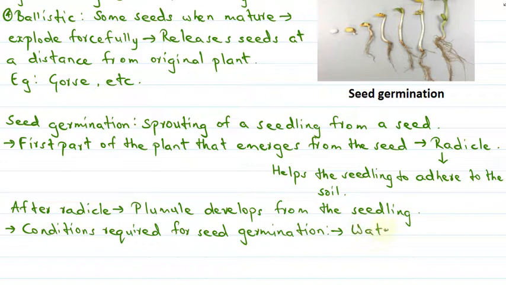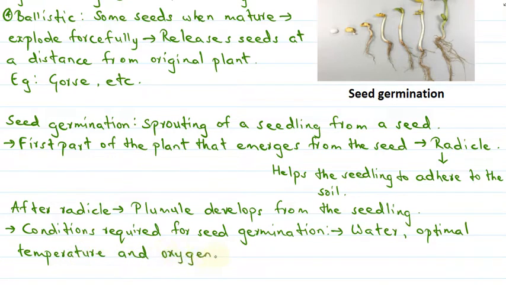Seed germination requires conditions like water, optimal temperature, and oxygen. These are the different conditions that are very essential for the seeds to germinate into young plants